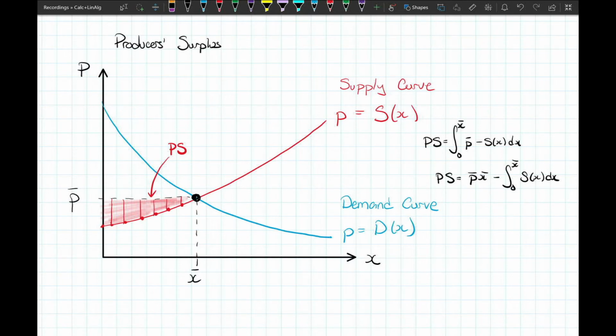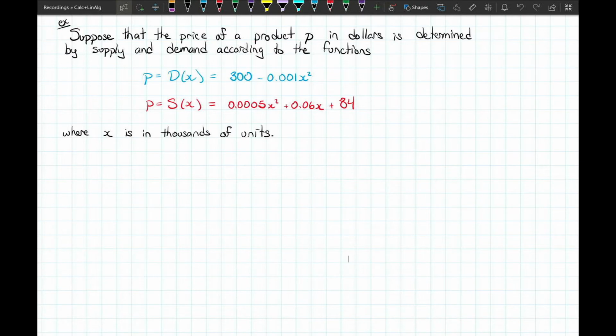Well, let's take a look at an example of a supply and demand function and see if we can calculate producer surplus and consumer surplus. In this example, let's suppose that the price of a product, lowercase p in dollars, is determined by supply and demand functions, which are given below here. We've got our blue function for demand, which is 300 minus 0.001 x squared. And you can double check using the derivative that that is always decreasing for any values of x greater than 0. And we've got our supply function,